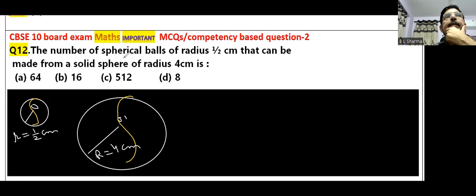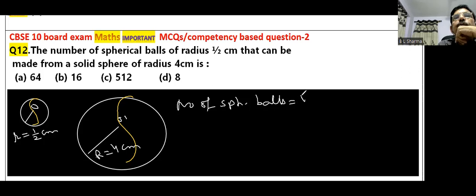The number of spherical balls of radius 1/2 centimeter that can be made from a solid sphere of radius 4 centimeters. देखिए ये sphere है, इसका रेडियस 4 सेंटीमीटर है और हमें ऐसे ऐसे spherical मीन्स बॉल्स बनाने हैं जिनका रेडियस हाफ सेंटीमीटर हो। कितने बनेंगे? तो उसके लिए क्या करेंगे, ये number of spherical balls